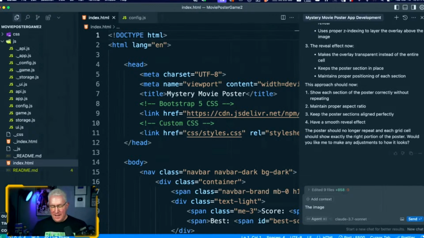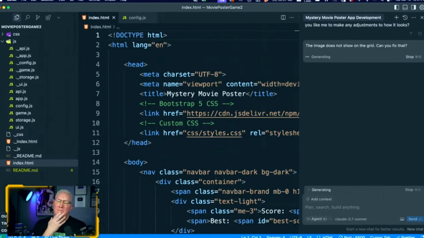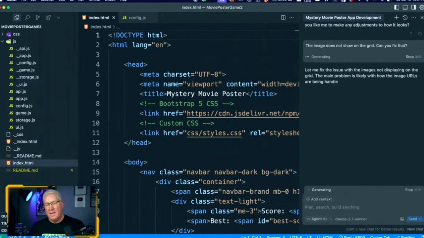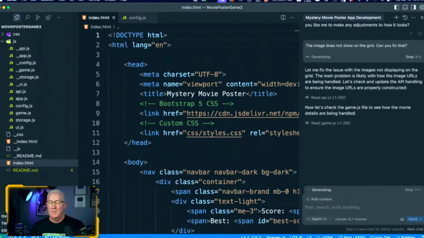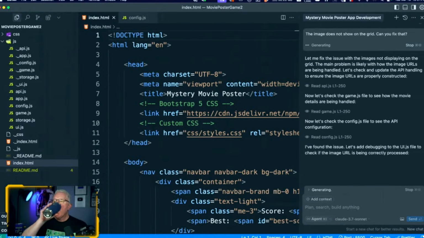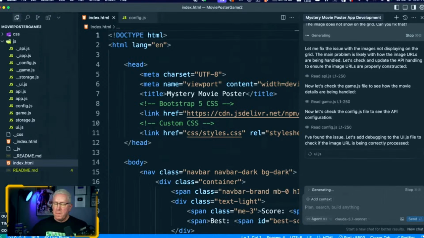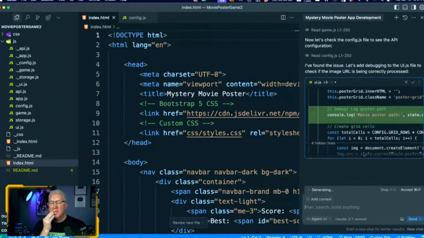All right. The image does not show on the grid. Can you fix that? And then when we're done with this part, we'll see if this works. I want to do 2 things before we wrap up. I want to show the version that we made earlier, which worked and was using the same approach. We did exactly the same thing we're doing here right now. We did use 3.5 to do the one earlier too, by the way. Well, actually, a mix of 3.5 and OpenAI, so we used ChatGPT as well.